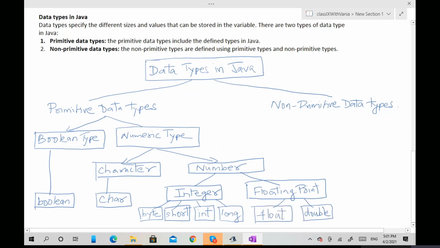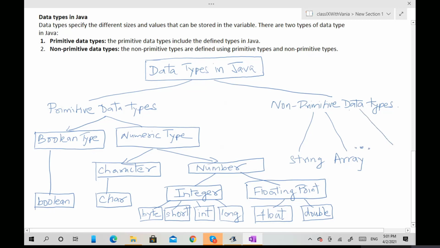Now non-primitive types, you will study slowly. There is something called string. There is something called array, and the list is very huge.